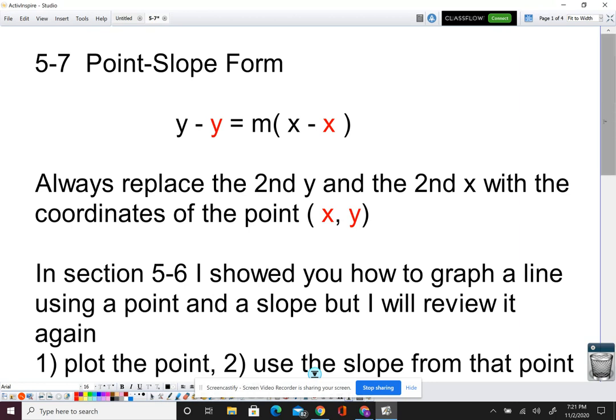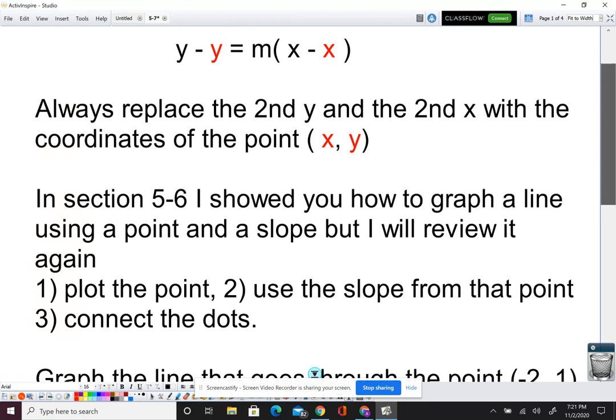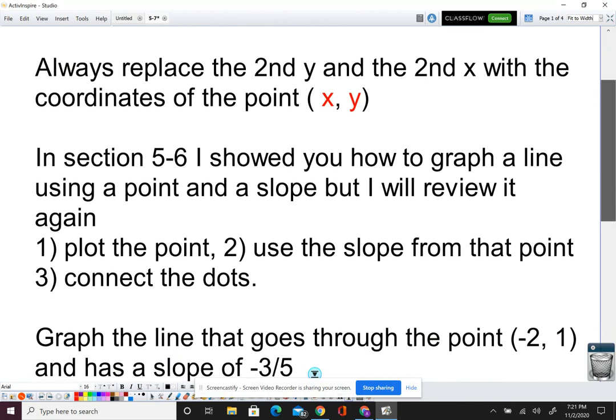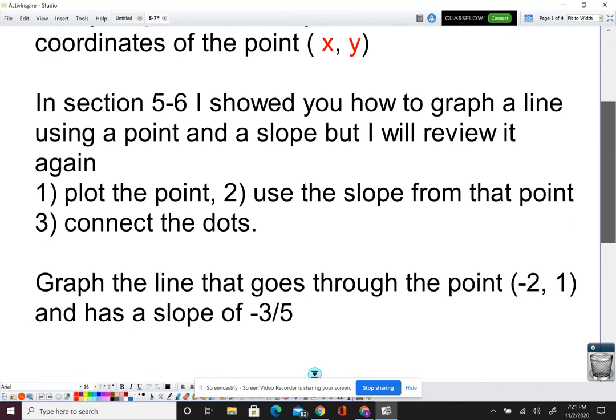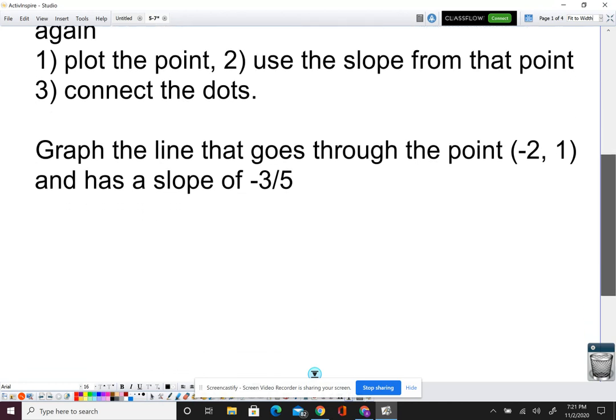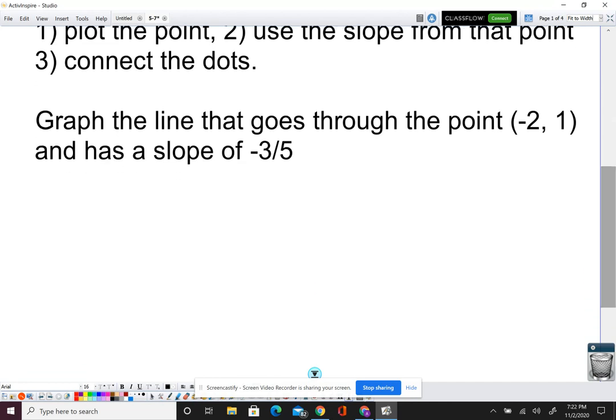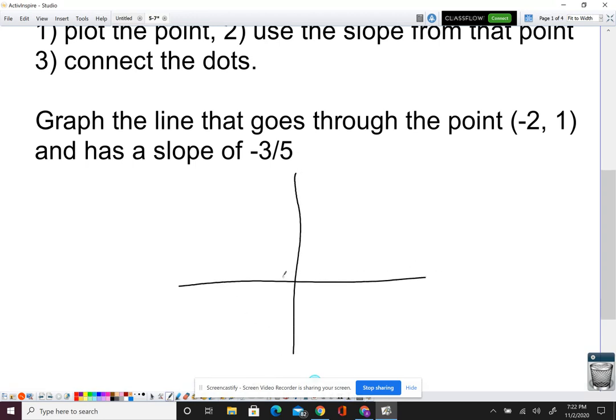So in section 5.6, I showed you how to graph a line using a point and a slope, but I'll review it again here in this section. You plot the point, you use the slope from that point, and you connect the dots. So if we're given a point (-2, 1) and a slope of -3/5, we can graph this line by first plotting that point, (-2, 1), right there,